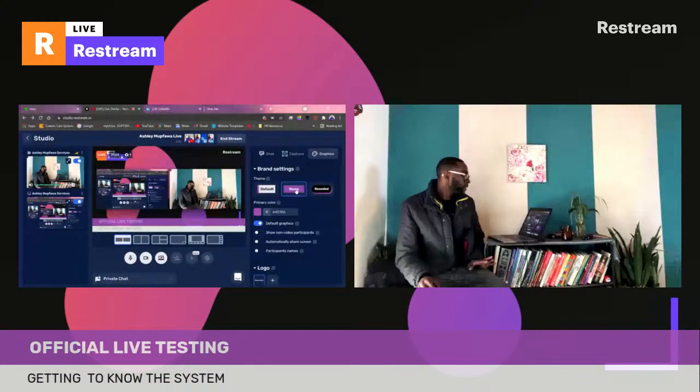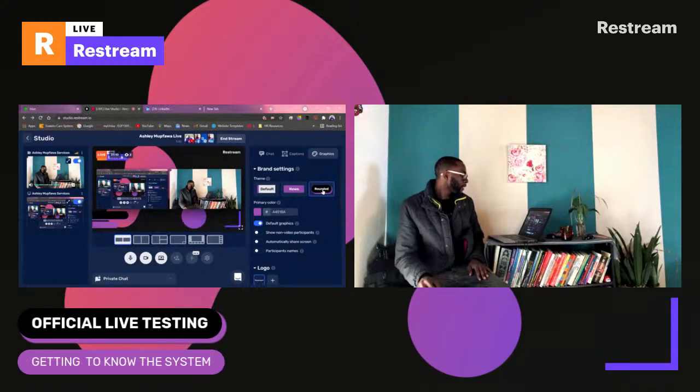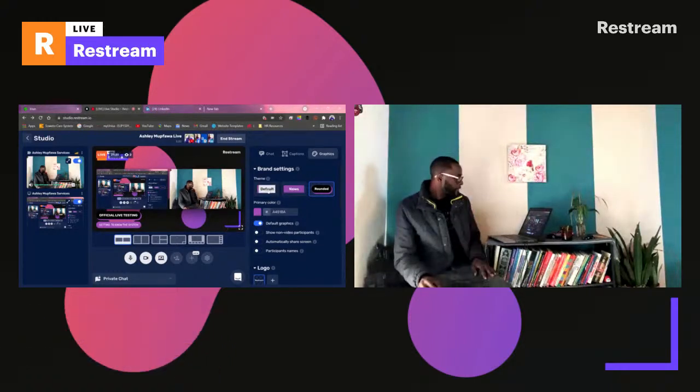And then see this one, I don't like it because it stretches all the way. It's not sleek, man. And then this rounded one, it's nice, right? Maybe I should go with the rounded one, because it's got that black and then you've got that purple. Okay, so it's between this one